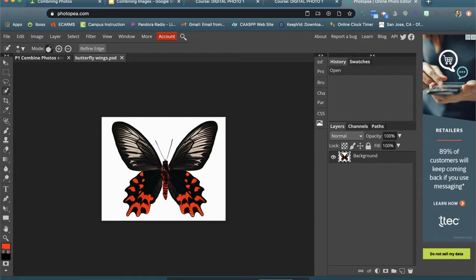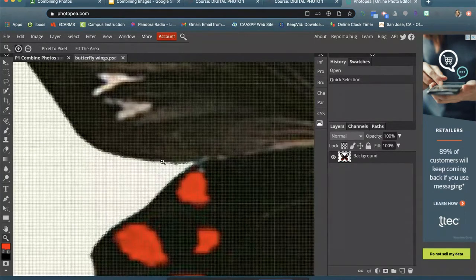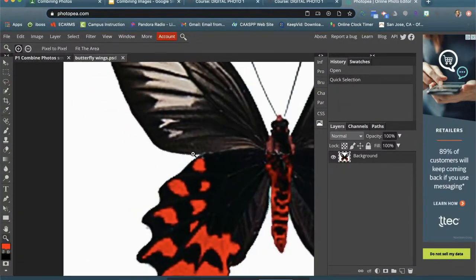So what you do is you select the area that you want. So you see my cursor is right here. It's getting bigger and smaller. If I click and drag, it will make a selection for me. If I zoom in, I can actually see that there's little dancing ants around here. That is showing me that I have made a